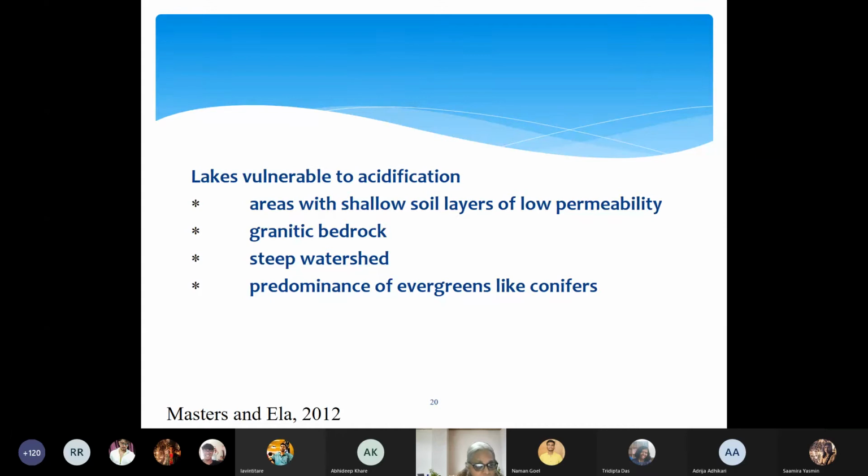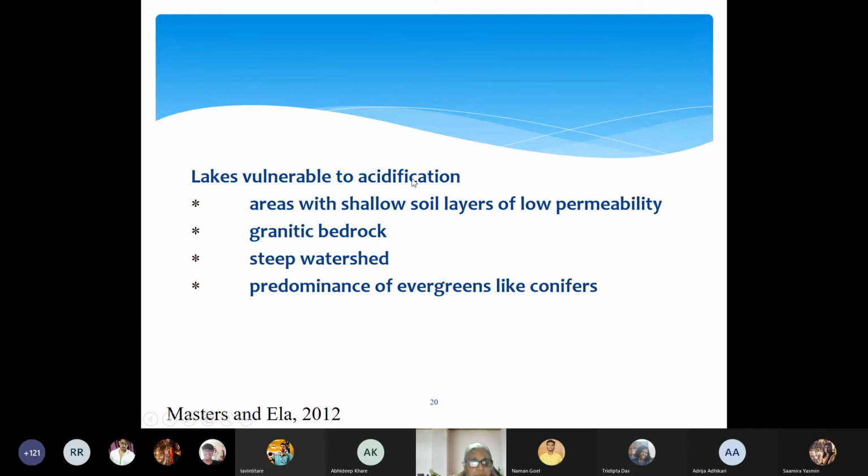So like I said, lakes are vulnerable to acidification. This can be because of acid rain. It can also be because of wastewater discharges. So in our country, we have wastewaters being discharged with or without treatment. And if the treatment level is not adequate, then you're contributing to the acidity of the water. So that is also going to contribute to the acidity of lakes in our type of